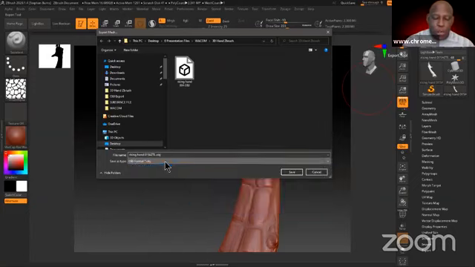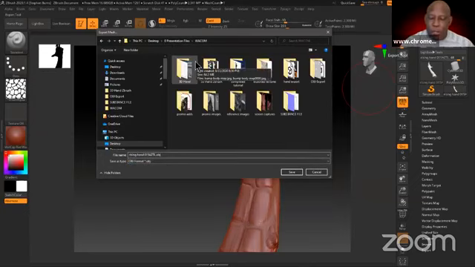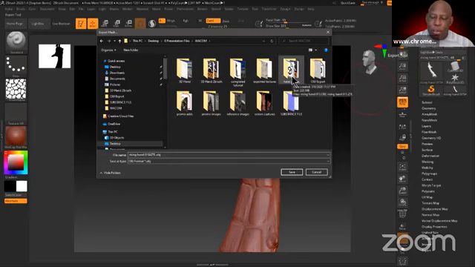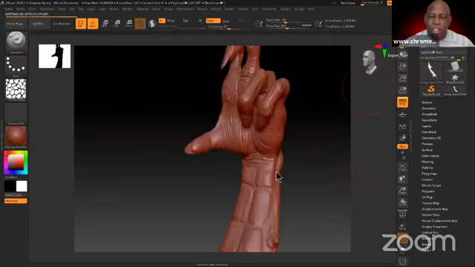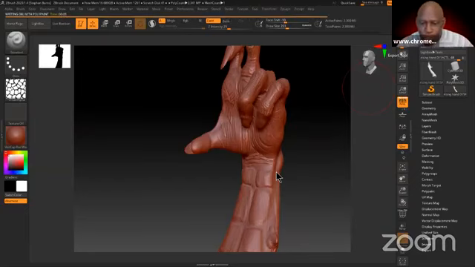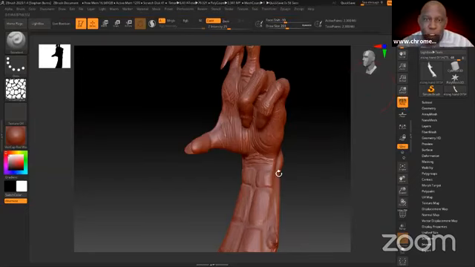All right, so I'm going to go to OBJ, standard OBJ. I'm going to go presentation files, my Wacom folder I did for today's presentation, and I'm going to put it into the folder called the hand export. And then rising hand, and then at the end, I'll call it new example, because that's the brand new one. And then save. Okay, so the OBJ is being saved out. So done. Now, what I would do is I would bring this into a program called Substance Painter to texture it.